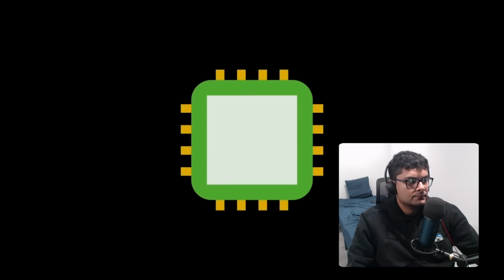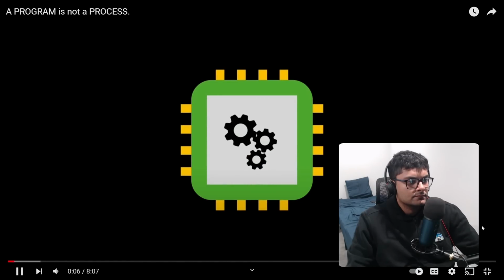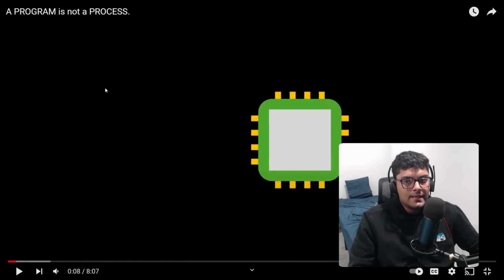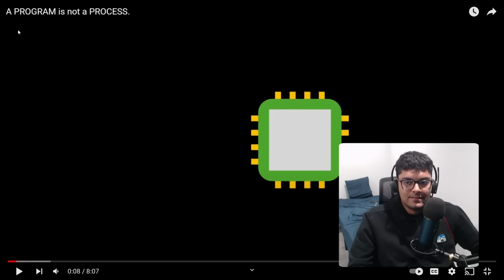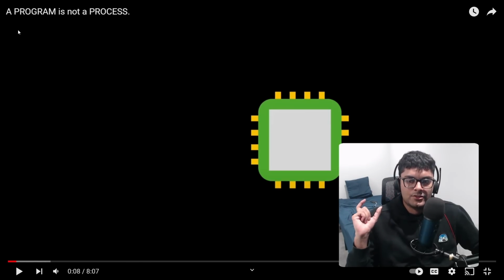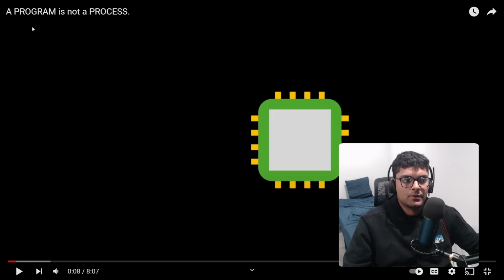A question that arises in computer science is what to call all the activities performed by the CPU. I hate to pause it right now, but just based on the title, the first thing I think of is program versus process, what's the difference? I guess a process is just an instance of a program. For example, for one program, you can have multiple processes. And a program, I believe, is just stored on your disk, so it's persisted there, versus a process, which is stored in memory and is short-lived or temporary at the very least.